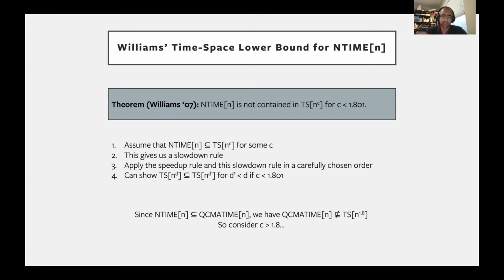Because NTIME(n) is contained in QCMA time n, we automatically have that QCMA time n is not contained in TISP(n^1.8), because NTIME(n) is not contained in TISP(n^1.8). So QCMA time definitely shouldn't be. So let's consider c greater than 1.8. And we want to show that even this cannot work for at least some c that are larger than